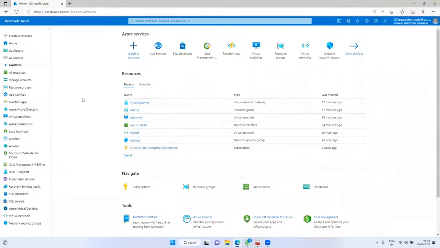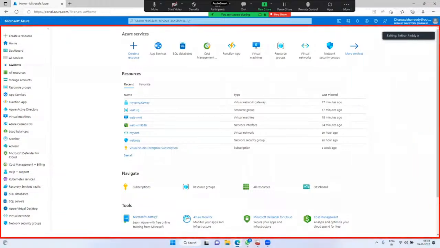Now another thing: I would like to explain about the total Azure portal. See, Azure portal is a one-page application. This is a wonderful feature provided by Microsoft. You know a one-page profile, right?